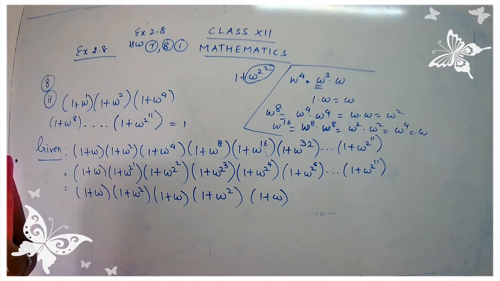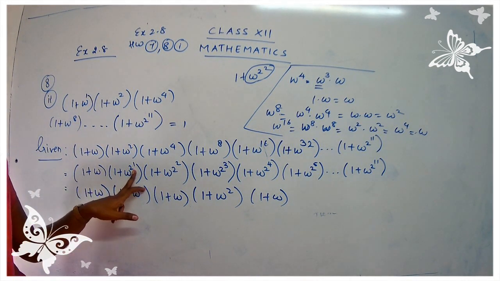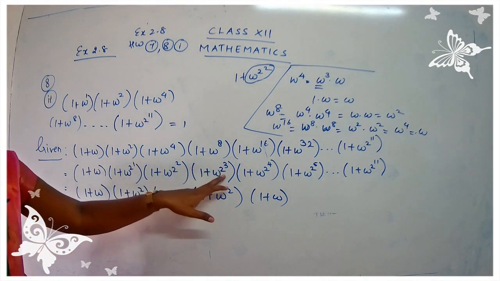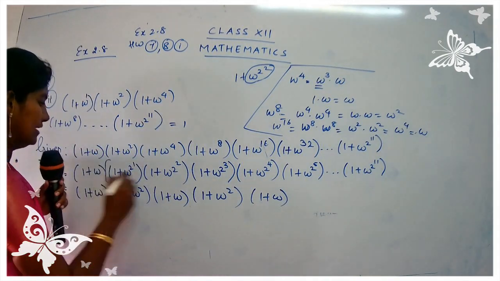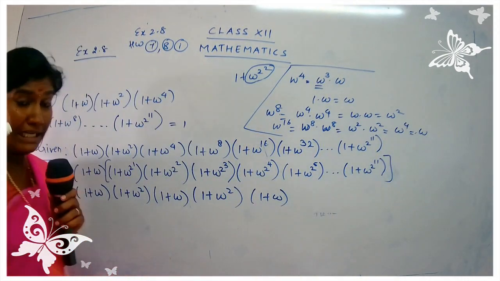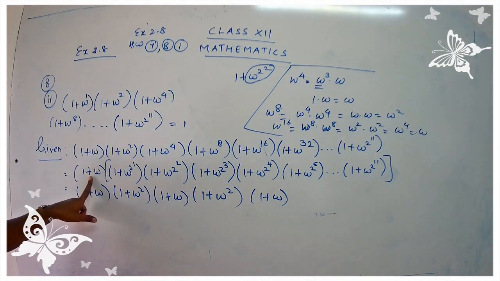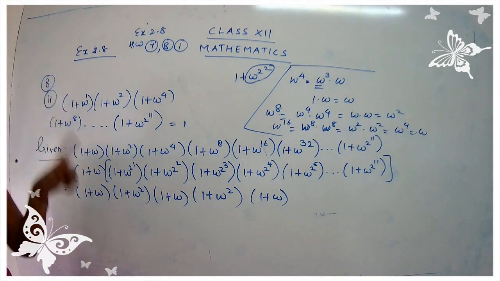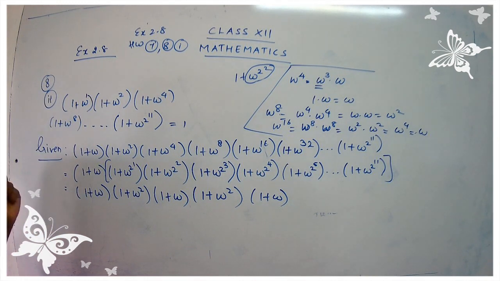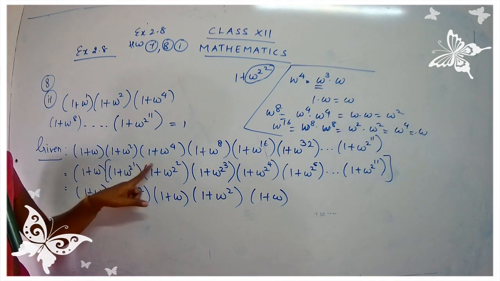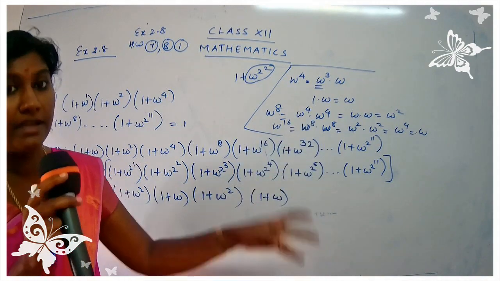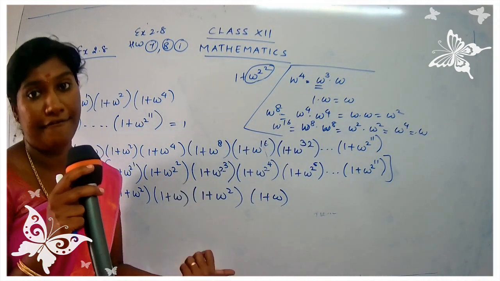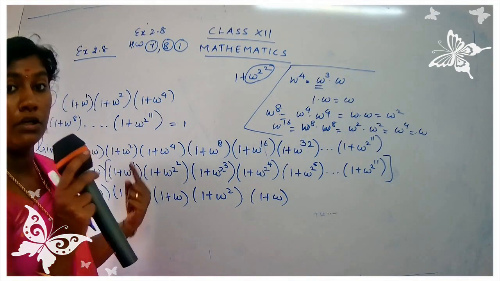Let's count the number of terms here, children. It starts from 2 power 1, okay? So 1, 2, 3, 4, 5. It goes till 11. So how many terms do you have till here? You have totally 11 terms, and you have to include this term. So totally we have how many terms? We have 12 terms. Are you getting my point, children? See here. This is one term. This is 2 raised to 1, 2 raised to 2, 3, 4, 5, 6, 7, 8, 9, 10, 11. So how many terms do you get? We get totally 11 terms.